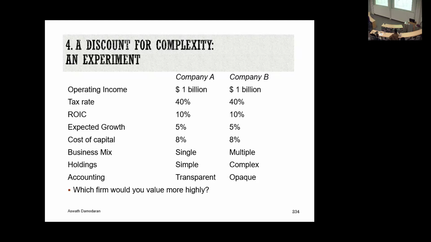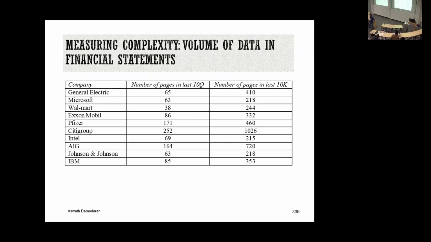And they said, how do we measure complexity? They said, we don't know. That's why you're teaching the class, right? I said, okay, I'll give it a try. I came back the next session, and I have to tell you, they weren't impressed. I counted the number of pages in the 10Q and the 10K. I know it's incredibly simplistic, but if you wanted to avoid one company on this list to value, which one would that be?